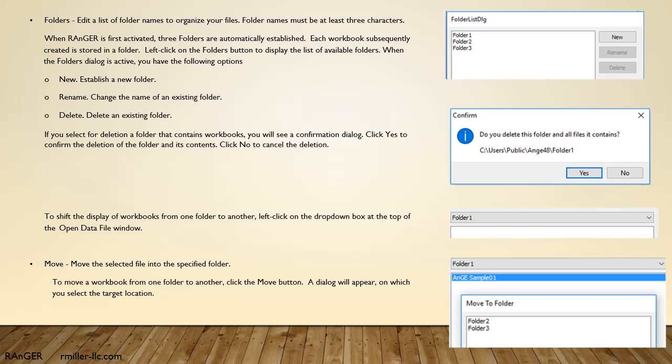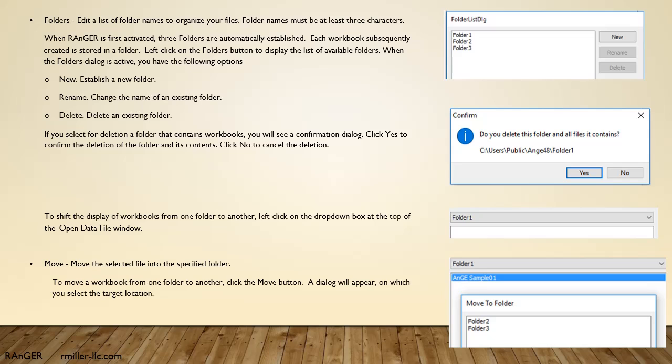New. Establish a new folder. Rename. Change the name of an existing folder. Delete. Delete an existing folder. If you select for deletion a folder that contains workbooks, you will see a confirmation dialog. Click Yes to confirm the deletion of the folder and its contents. Click No to cancel the deletion.